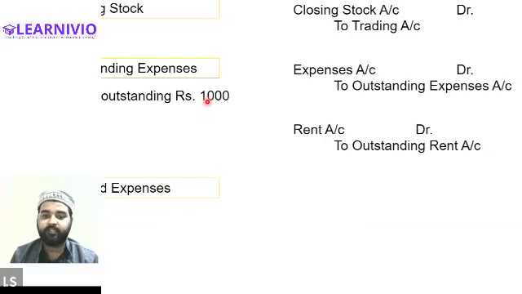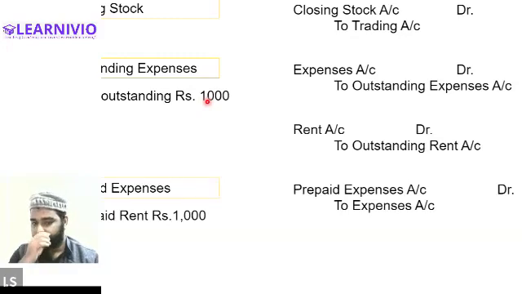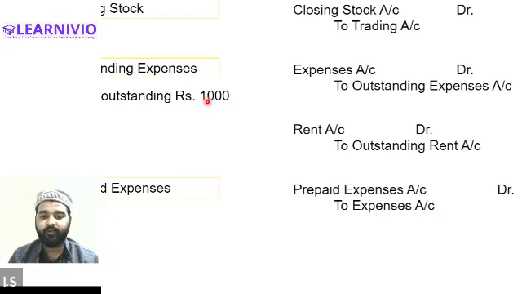So when you make the expenses in advance, our asset increases. And whenever an asset increases, what do we do? We basically debit the asset account, right? So the general entry for this will be prepaid expense account debit to whatever expense you have incurred. Prepaid expense account debit to expense account. Getting my point? Let's suppose you have paid rent of rupees 1000. So here rent is paid on an advance basis.